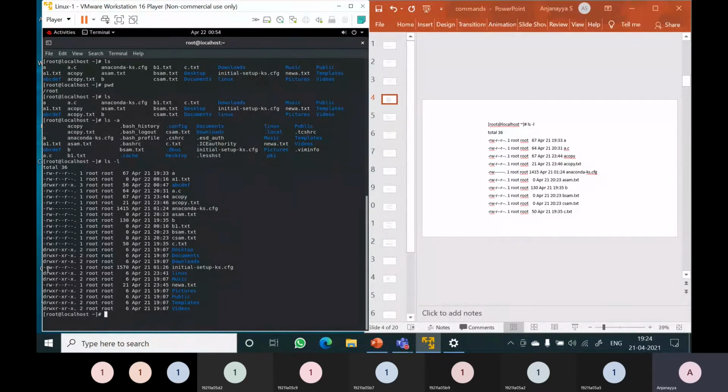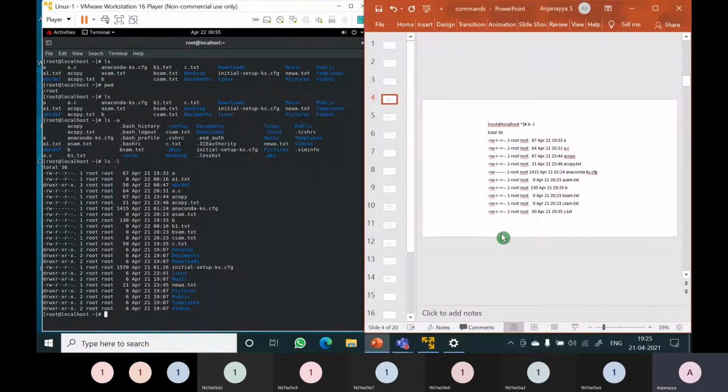So D represents the directory. And the remaining 9 symbols represent the permissions. Read, write, execute for user, read, write, execute for group, read, write, execute for others. We will be discussing permissions in detail later. So it was created on April 21st. What is the time? 7:33. The file A is created. It is containing 67 bytes. Now documents, its size is 6 bytes. So if you want to see the details, you use the ls command along with the -l option, long listing of the file in detail.